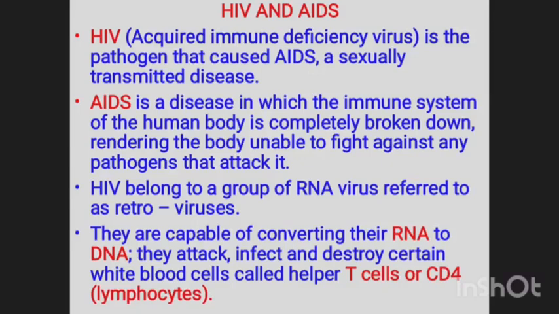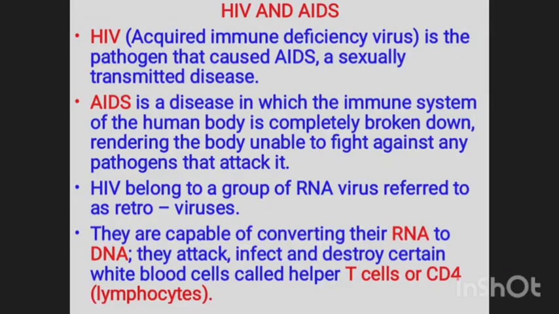And once it attacks it and breaks it down, it will render your body unable to fight any sicknesses that come into your body. And HIV belongs to a group of what we call the RNA virus, which is referred to as what? Retroviruses. So they're also capable of converting their RNA to DNA, which means they can change their dynamics in a way to attack